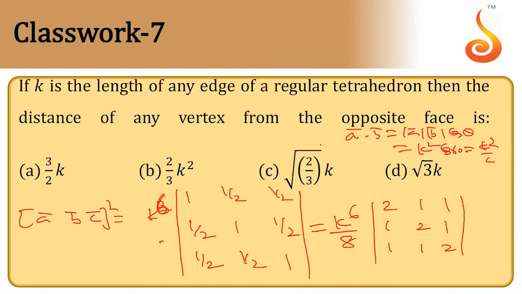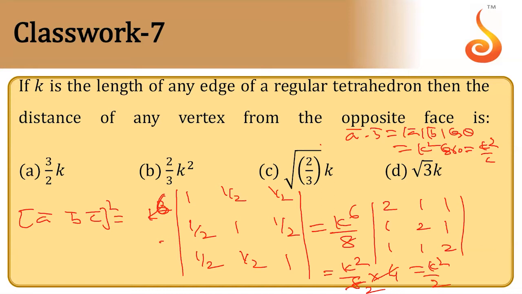What do you get, this value? Let us find the determinant. What is the value of determinant? Yes, what is the value? 3 by 8. So value of determinant. This determinant what? 4 comes now. You got 4? Yes. This is 2. K square by. Don't make mistakes in determinant calculation.